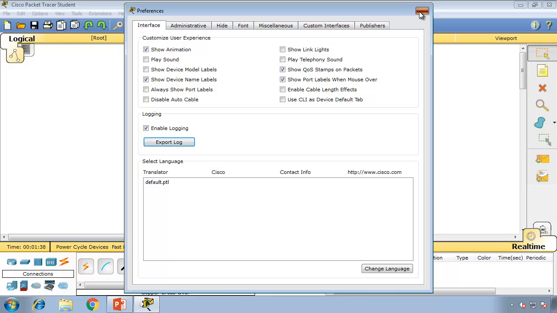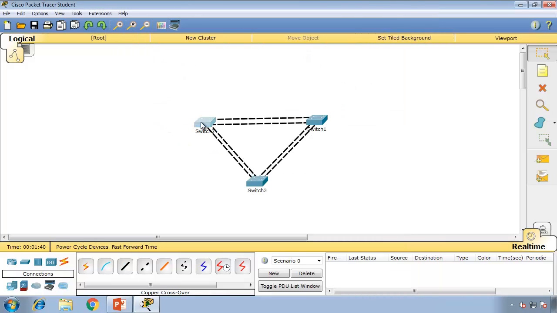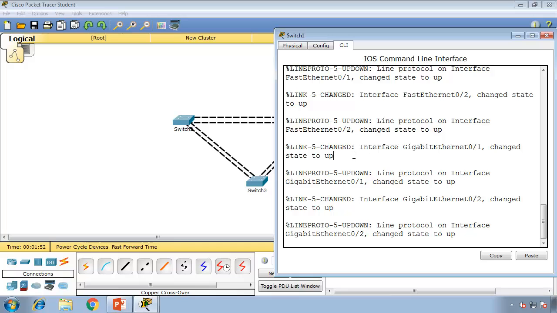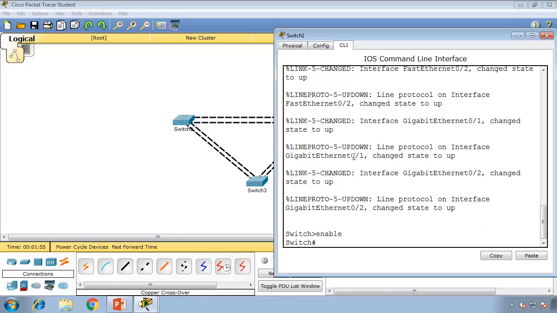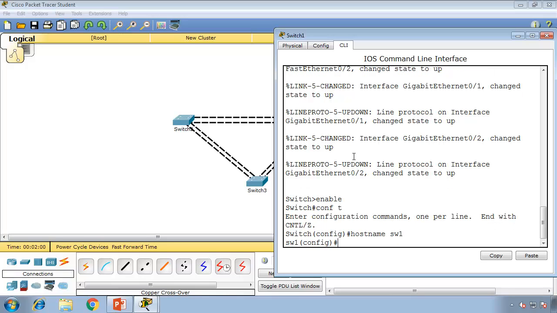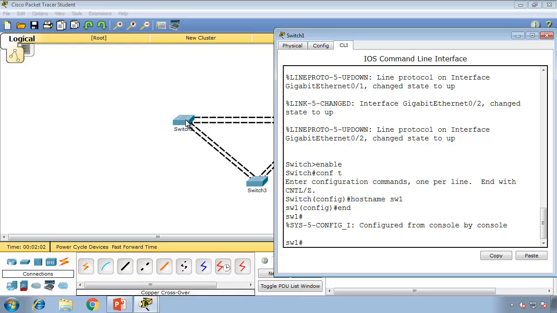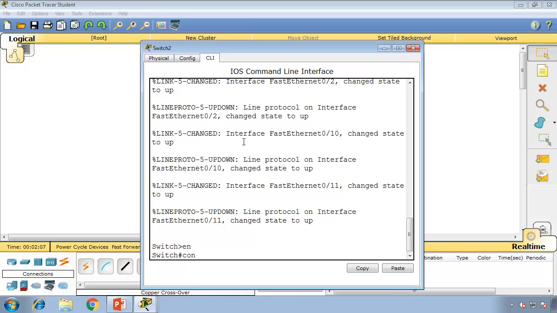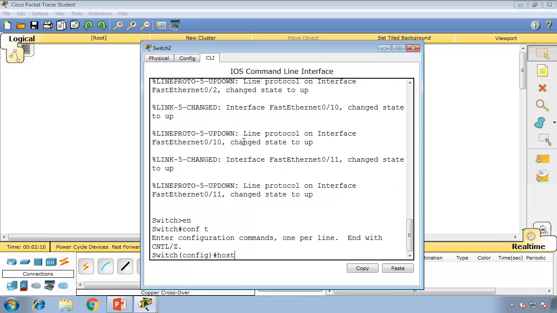Okay, there we go. So these switches are going to go through the election and find out which switch is going to be the root bridge. If I open switch 1, for example, click on switch 1, CLI, the command is enable. Let's give a name: config t, hostname SW1. Go to switch 2, just give a name. So enable, config t, hostname SW2,